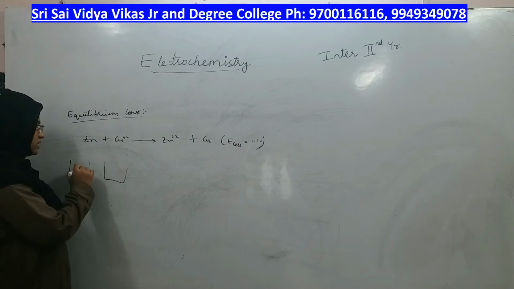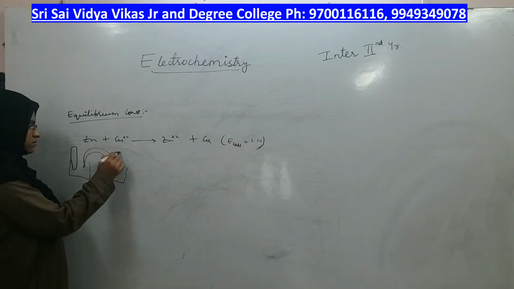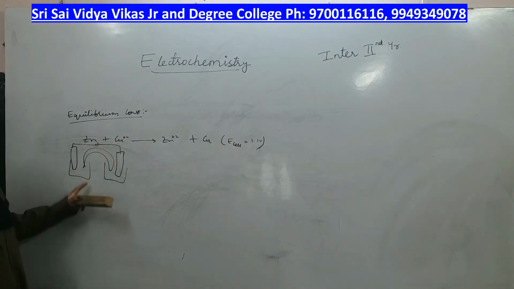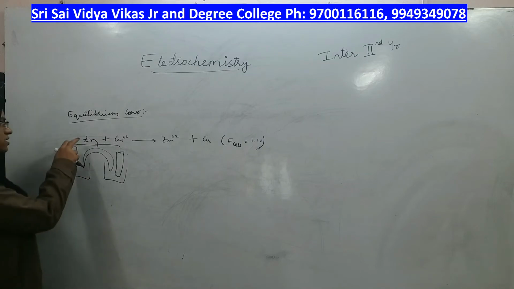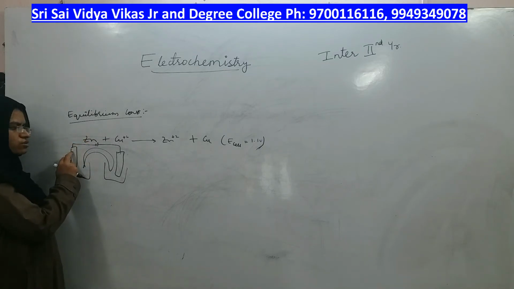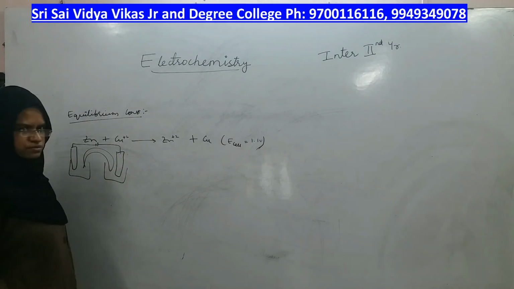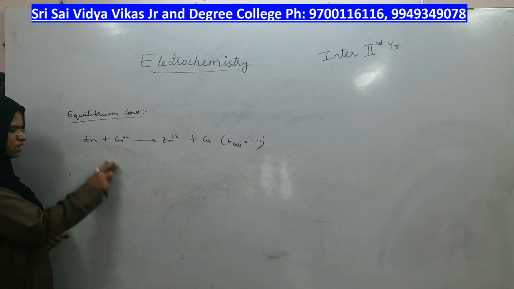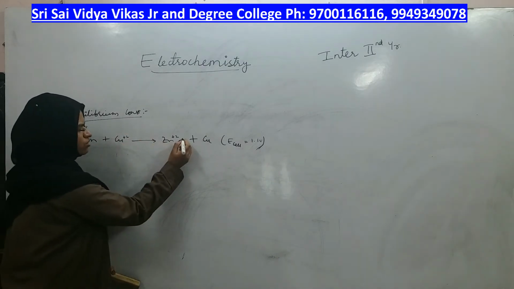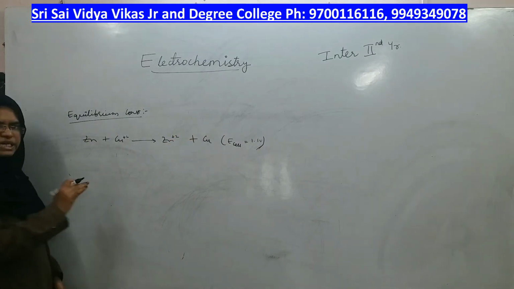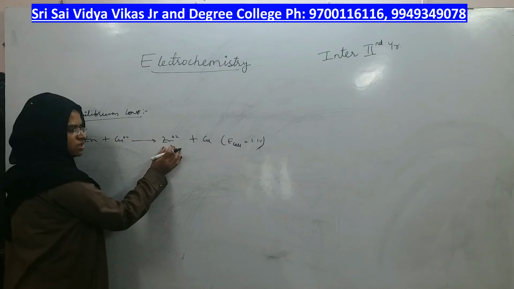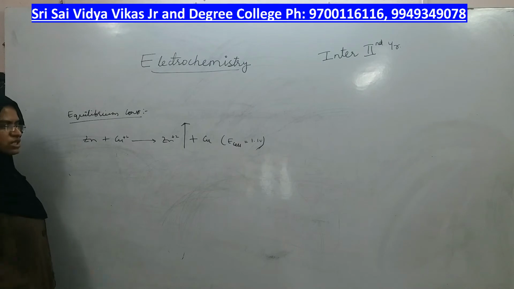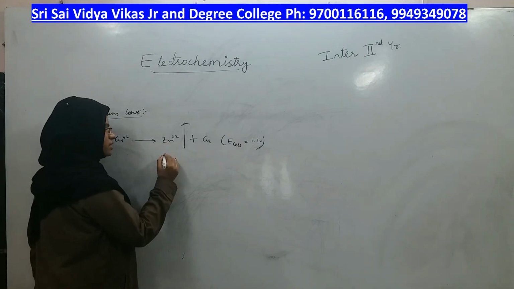So this is the cell in which the answer is 1.1 volt. Right, this was the cell. The moment I started the cell to work, slowly zinc from the electrode was getting converted into Zn2+, and that process will increase as the reaction progresses. So what happens? Zinc ion concentration in the solution increases or decreases? It is a product, so its concentration in the solution increases. Ion concentration of Zn2+ increases